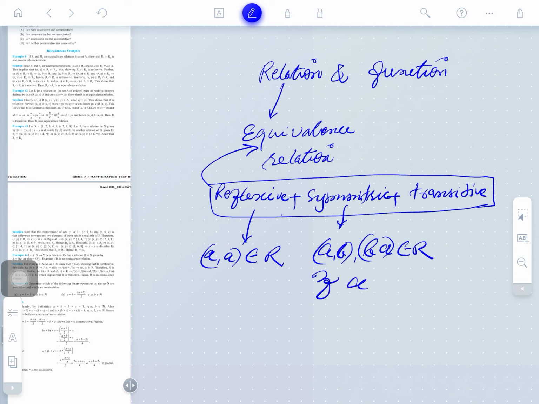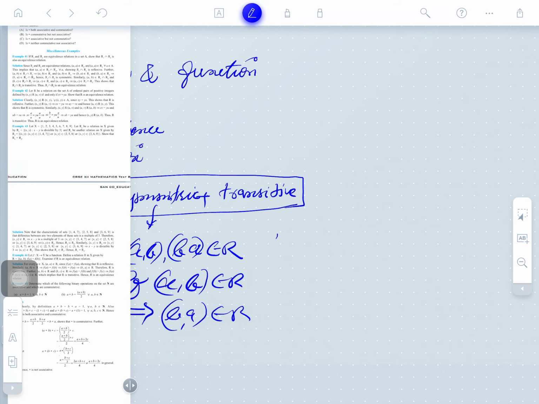Actually the proof of this is, we start from (a, b) belongs to R, and with the geometrical and mathematical concept we prove that (b, a) belongs to R, then this is symmetric. And if (a, b) belongs to R and (b, c) belongs to R, due to this we prove (a, c) belongs to R. Then this is transitive. So this is the concept of the equivalence relation, and some relations we have also discussed in that. The second topic is function. In function we have studied two things.